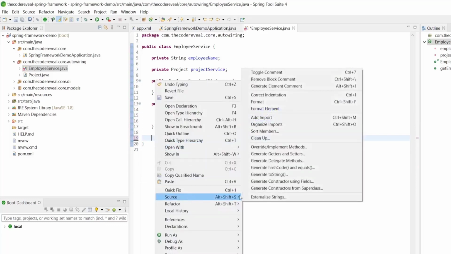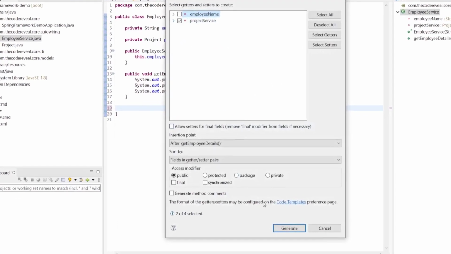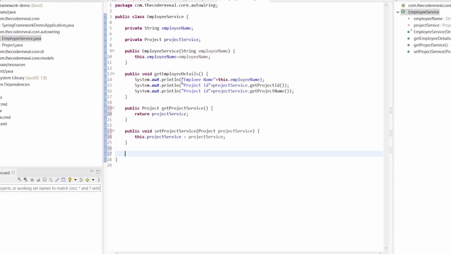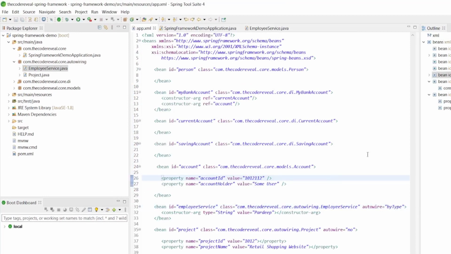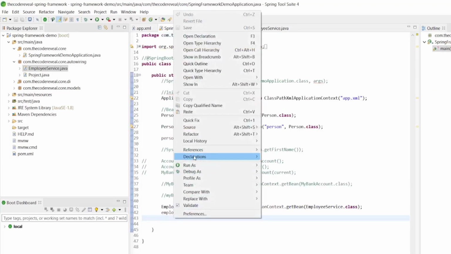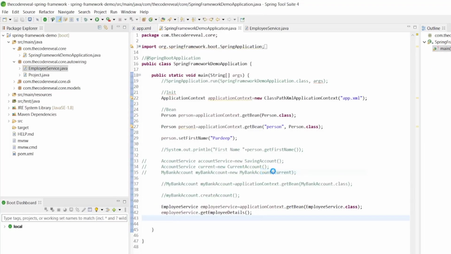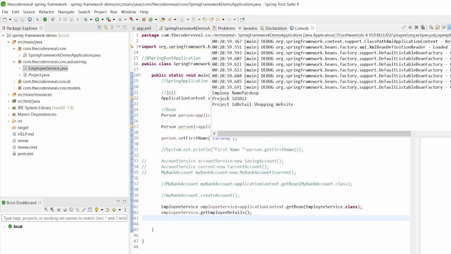Here we can go to source and generate getters and then setters. So if we are giving autowiring byType, then the type of the bean will match. So if we run this as a Java application, it's running fine.